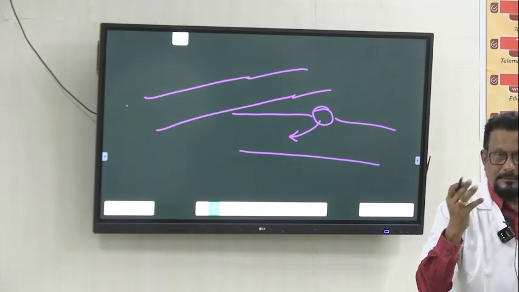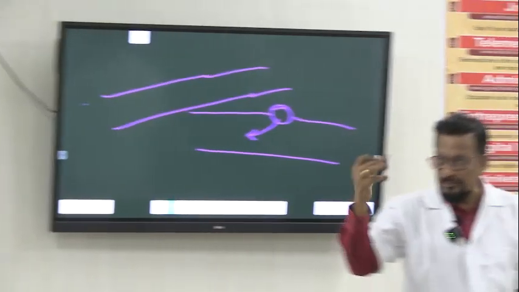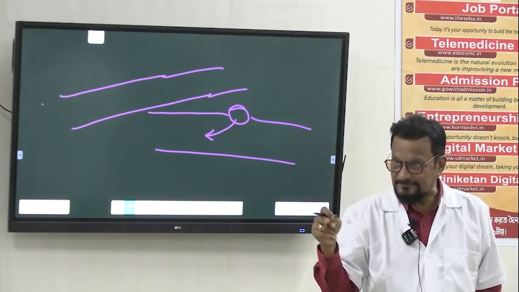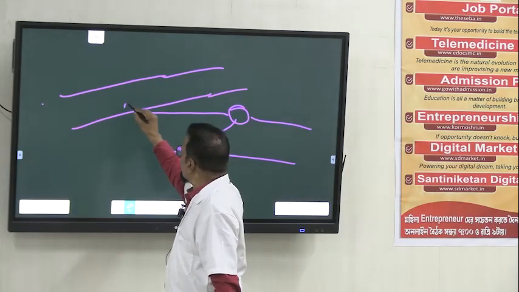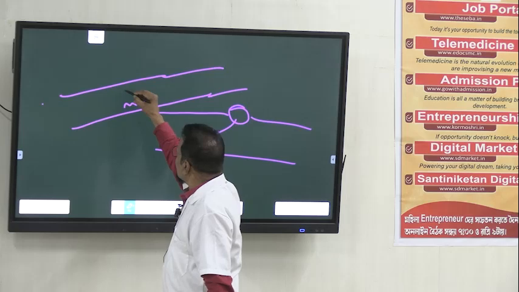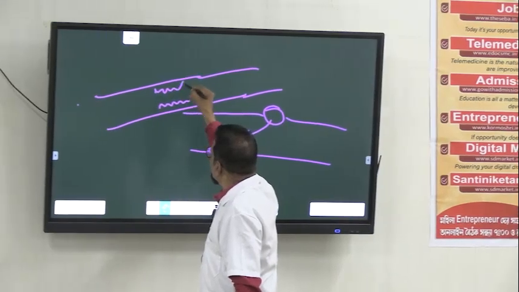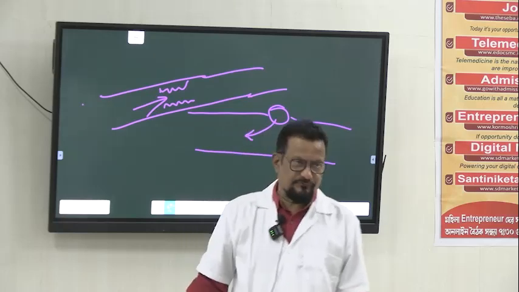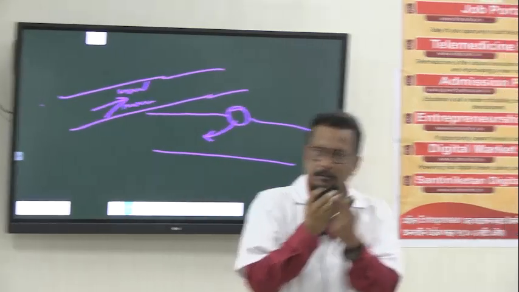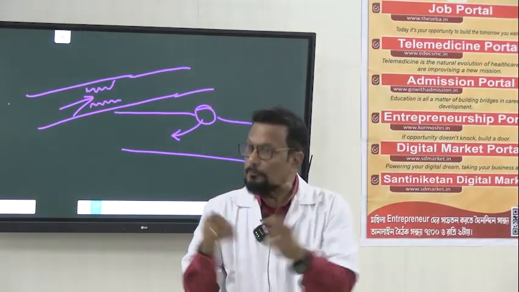There is lipid accumulation in the endothelial cells. As a result, the inner lining of the endothelium becomes rough. So when blood flows through this rough surface, the platelets will be broken